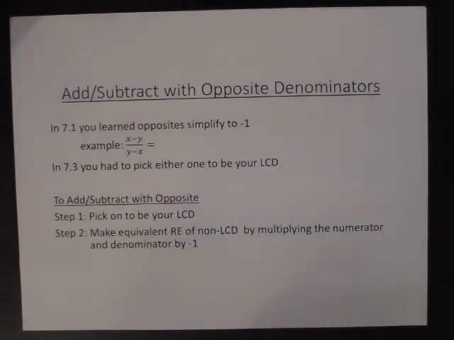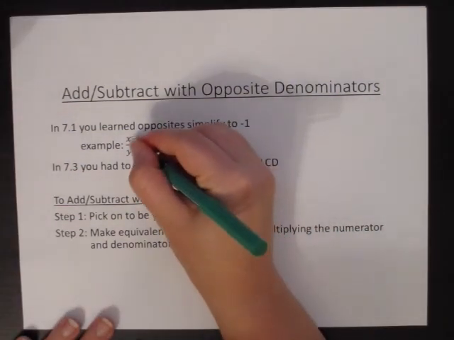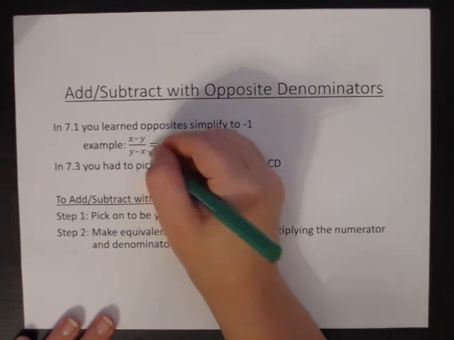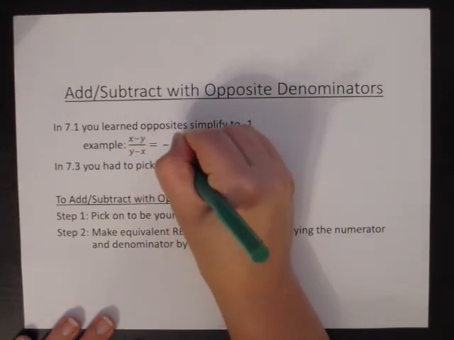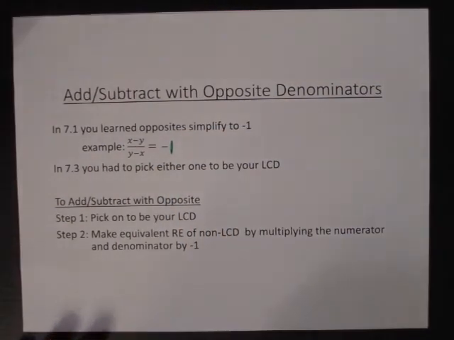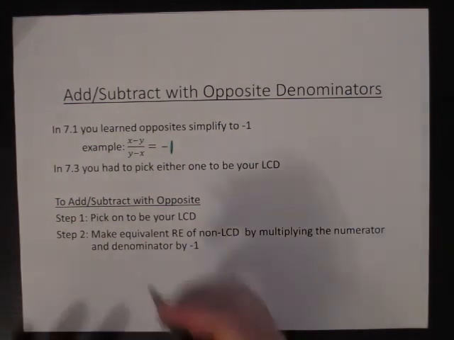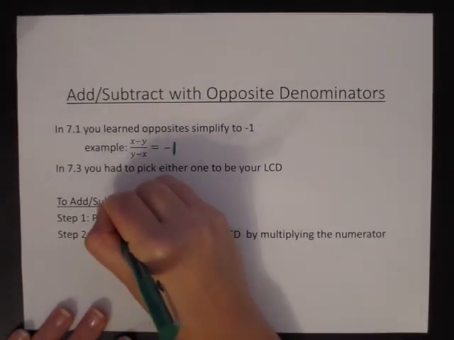Okay? The last thing that we have to do is add or subtract with opposite denominators. So in 7.1 you learned that opposites simplified to -1. So if you have x minus y over y minus x, if they're in opposite positions and they use subtraction, they're going to reduce down to -1. And then in 7.3 you learned that you can pick either one to be your LCD. So to add or subtract with opposites, what you want to do is you want to pick,